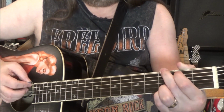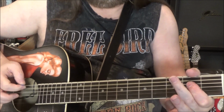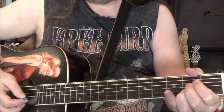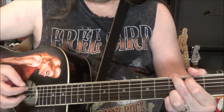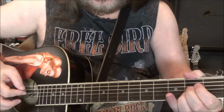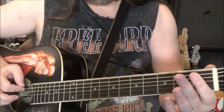So if you're in G, so you hear those. So whatever you're playing would actually go up one fret before you go to the third chord of your progression. So that was a G. Okay, so I just went up one fret. If it's open and trying to go to something,